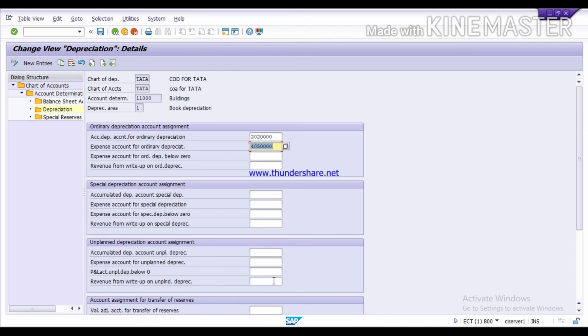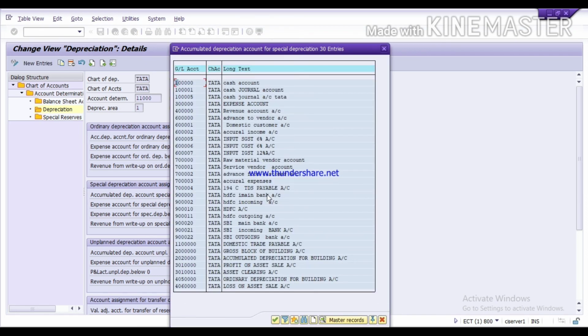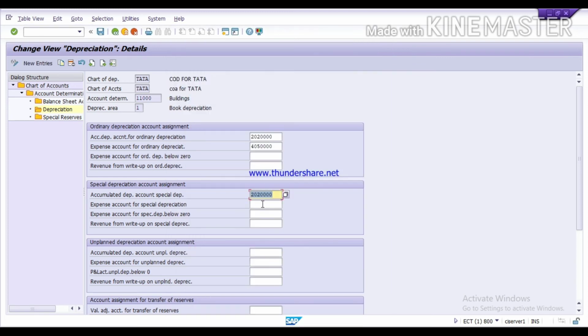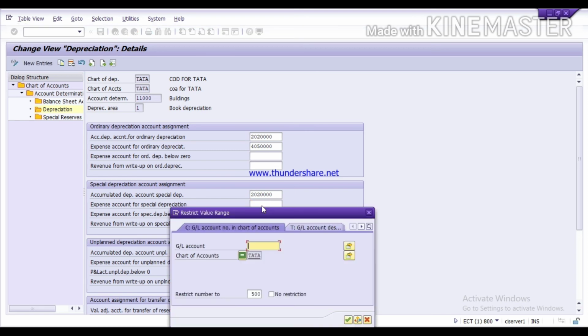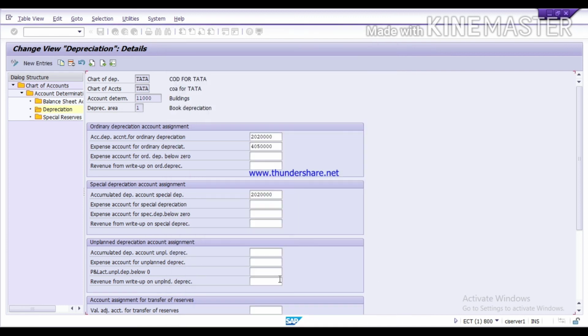In a similar manner, you need to assign GLs for special depreciation account assignment. Again, first we will assign the GL for accumulated depreciation. In the next column, you need to assign the GL for depreciation expense. In the same manner, you need to assign the GLs here also, accumulated depreciation, then expense account. Press the F4 key.